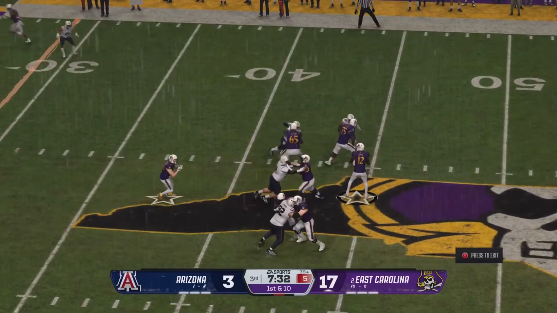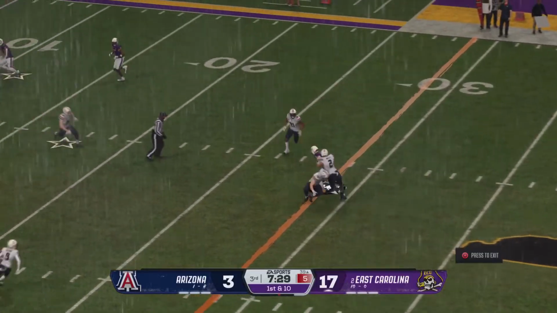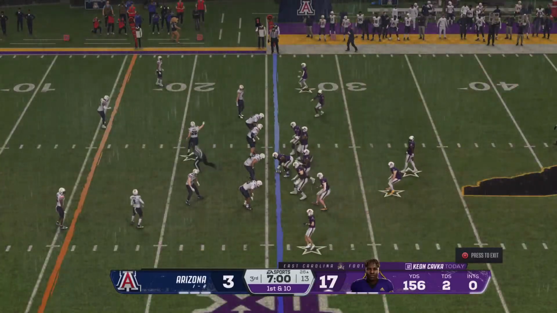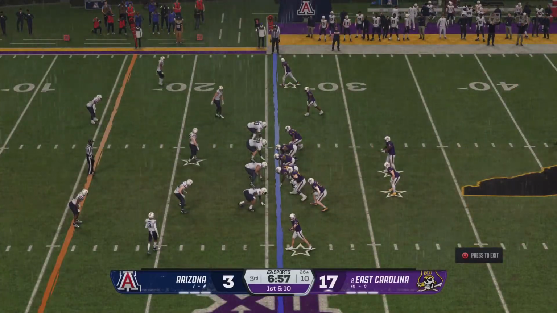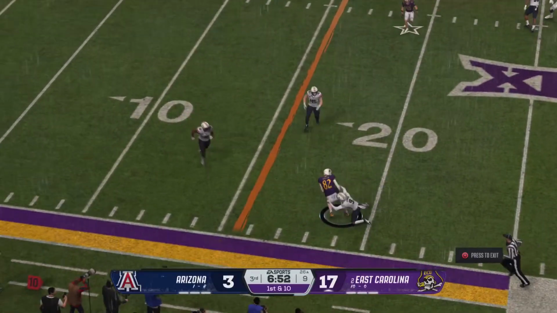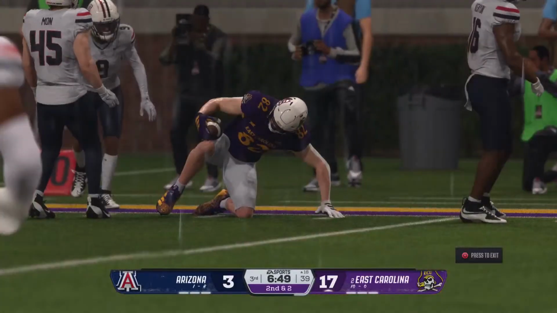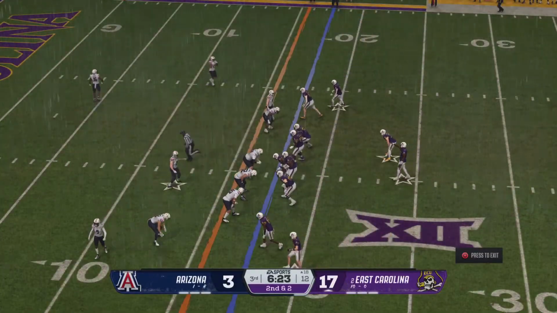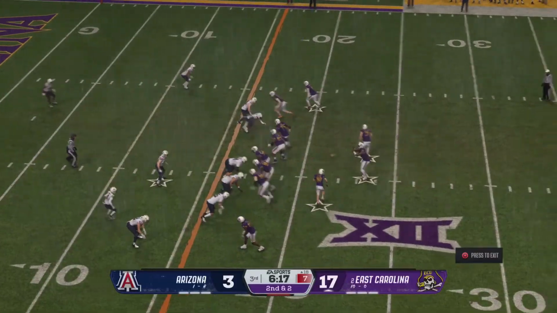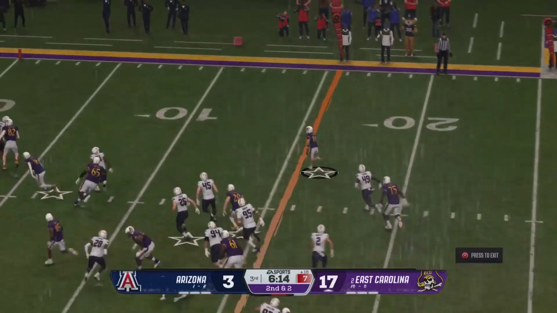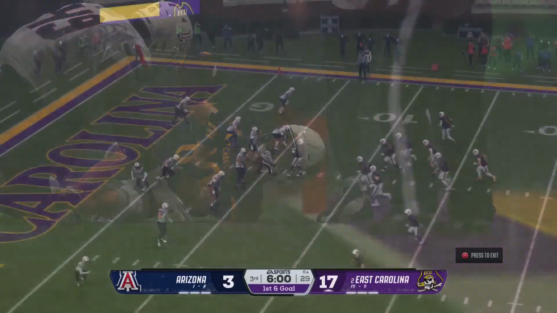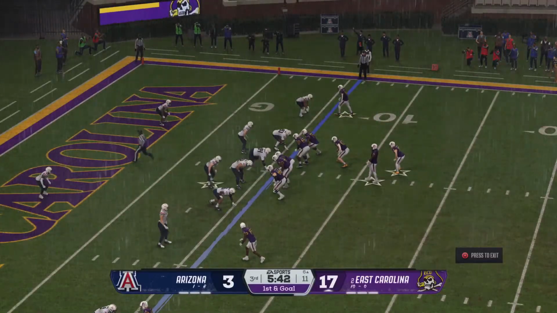Looking to throw on first down. Got the back over the middle. And he's brought down after a nice gain. The Pirates have it with a 1st and 10. Finds a tight end. That's a really good tackle there, giving up some size and still making the play. And the Pirates can play this second down a lot of ways with just a few yards to go. Makes his man miss. Defense is there to make the stop, and he's got the first down, and they'll have it 1st and goal at the